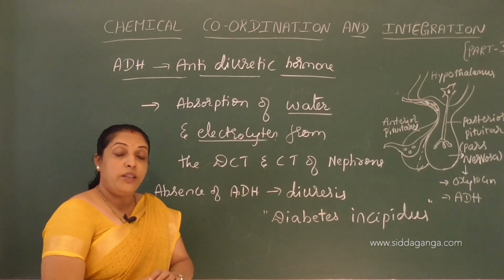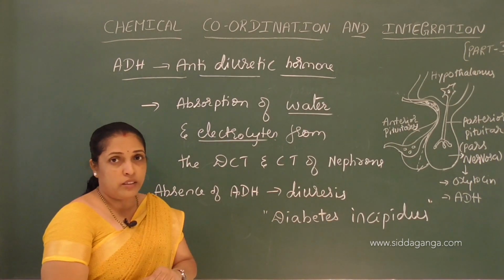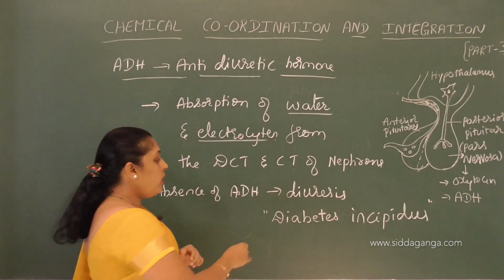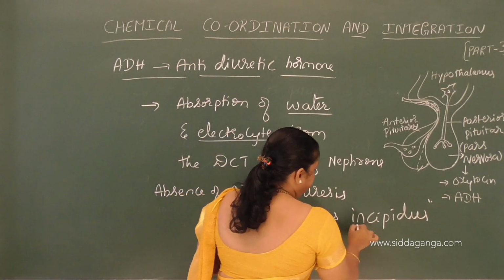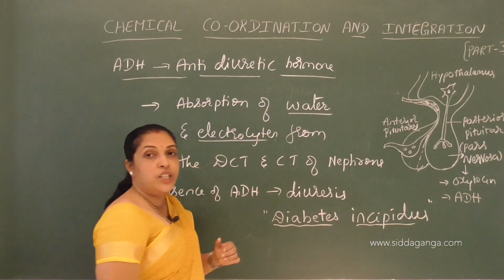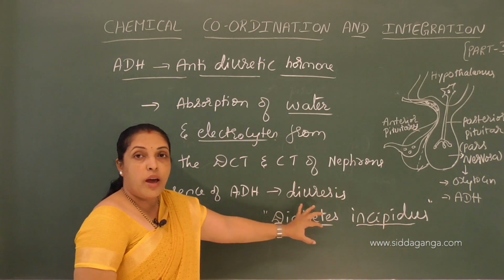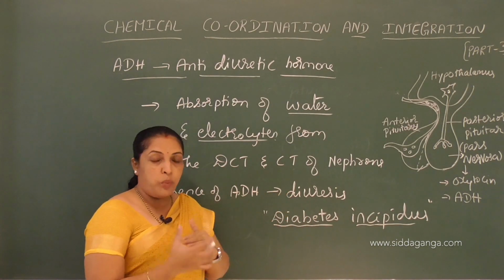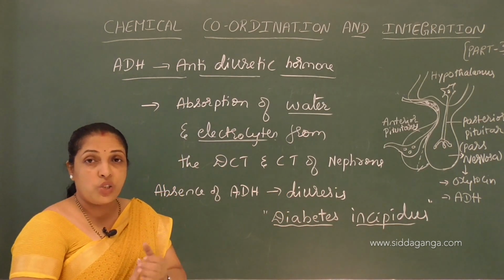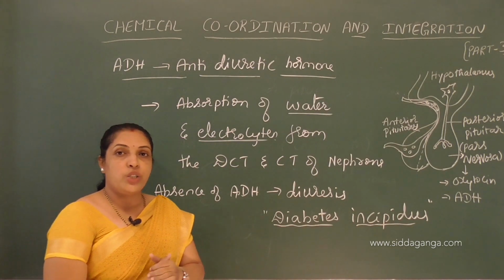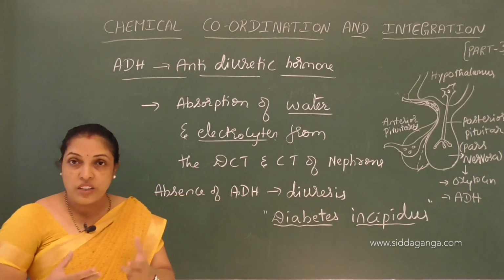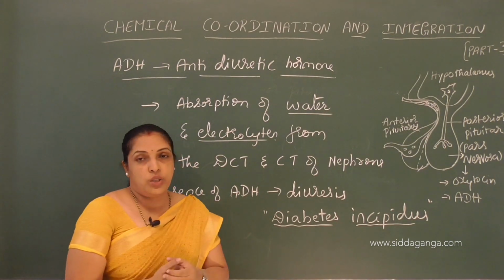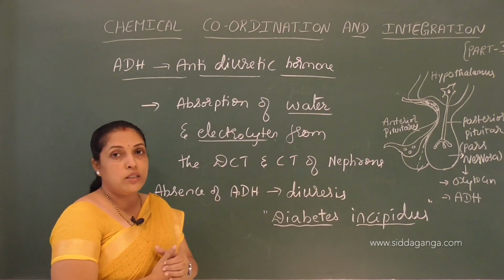Understood? Diabetes mellitus we are going to study under pancreas. Here the absence of ADH leads to diabetes insipidus, where we see diuresis, that is polyuria, which leads to thirst and also dehydration in the person. The person feels very thirsty, and dehydration means the loss of water occurs in the body